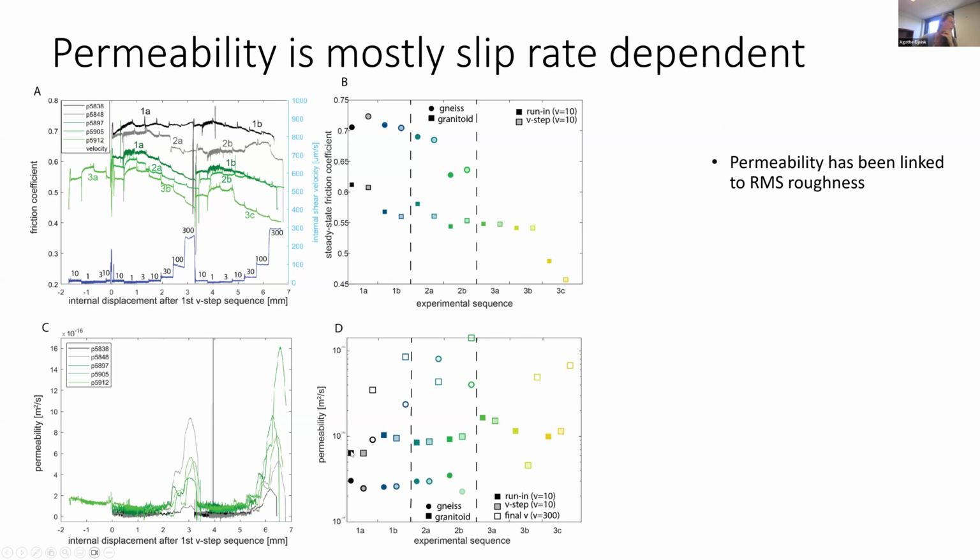And then you see that permeability sort of increases for both the granitoid and the gneiss, but it really doesn't change very much. This is in the same order of magnitude, and permeability can really vary orders of magnitude. And the velocity dependent effect has orders of magnitude change. So the open symbols here are at 300 microns per second, and that has a much bigger effect than the overall roughness change, which maybe is not so surprising because permeability has been linked to RMS roughness. And we saw that the RMS roughness does not really vary much